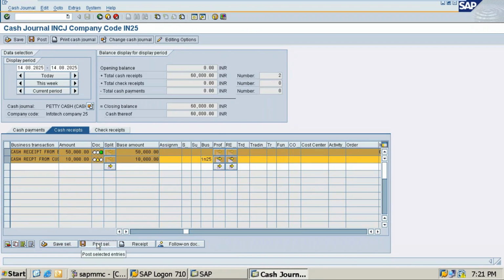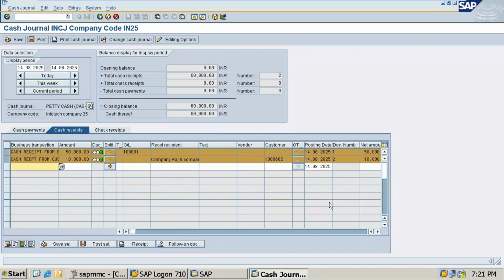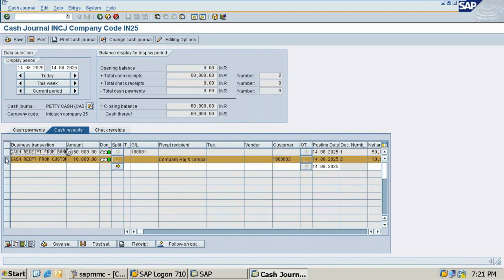Okay, then post the sales. Yes, it's done. So students, try to do this. But recipient name it will ask you, means the customer name you can do. So one more, if I'll do